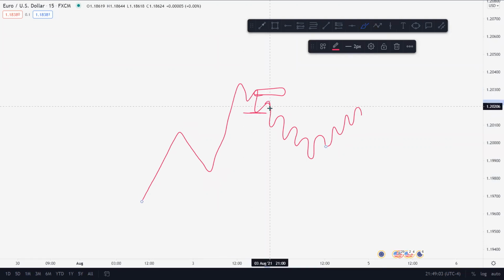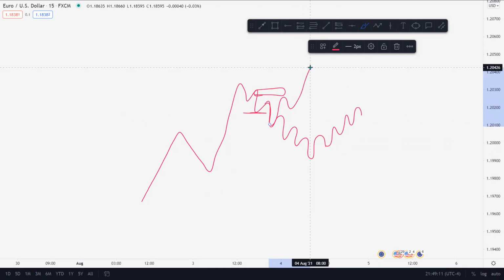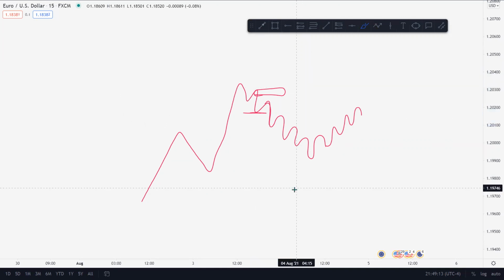Once you didn't reach it and pushed lower, it's invalid, because in order to get back up to it, what are you going to have to do? You're going to have to come all the way up, break structure, and then it's just going to go straight through it. That's what always happens. And that's something that I've learned.